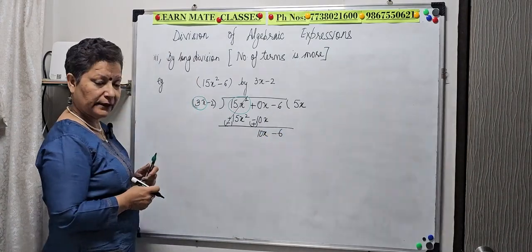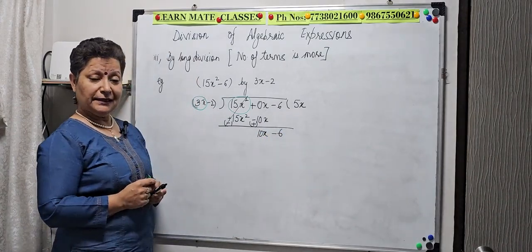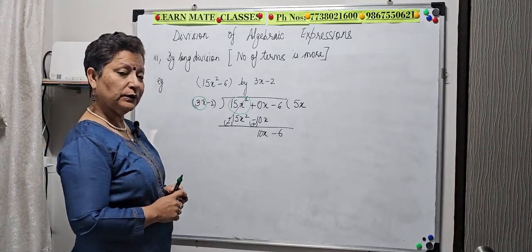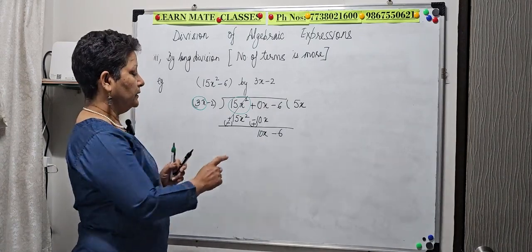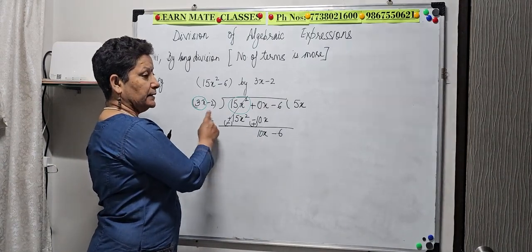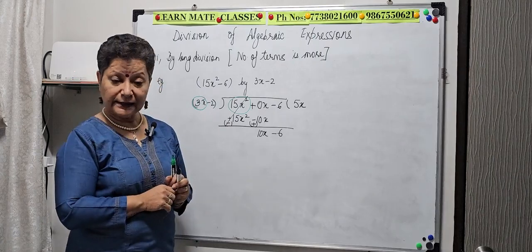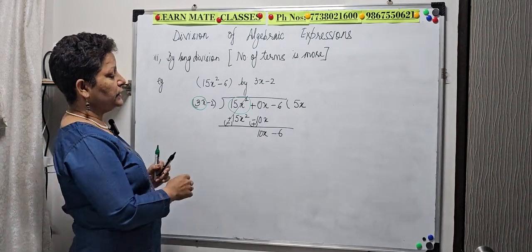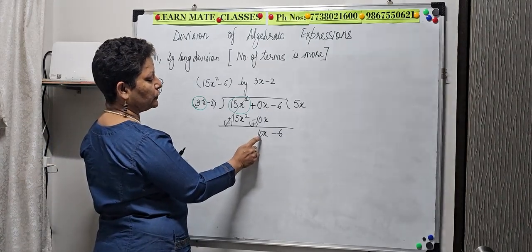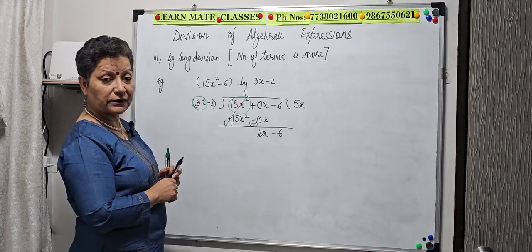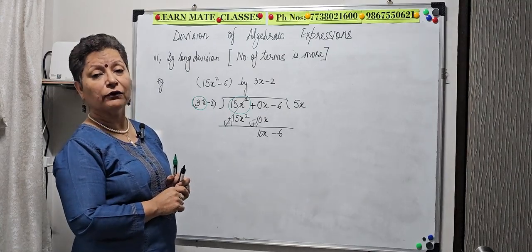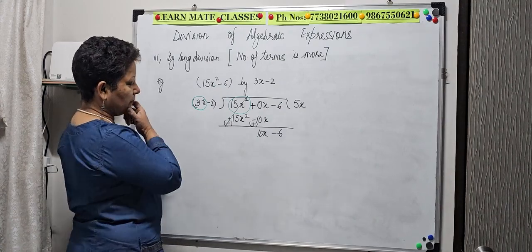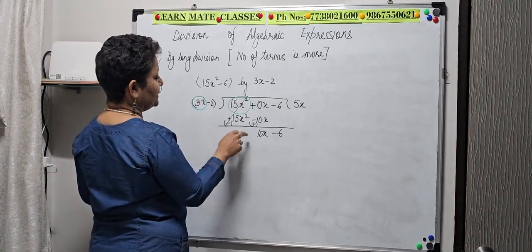Is that okay? Now, what did I tell you? How do you identify whether the remainder has been achieved? There were two things. Either the degree has to be lesser, or the degree is the same, but then what was the thing? If the degree is the same, the numerical coefficient has to be less. Here the numerical coefficient is 10. Here the numerical coefficient is 3. It is not less. So that means we have not reached the remainder. We still need to do something. Now what should I multiply with 3x in order to give me a